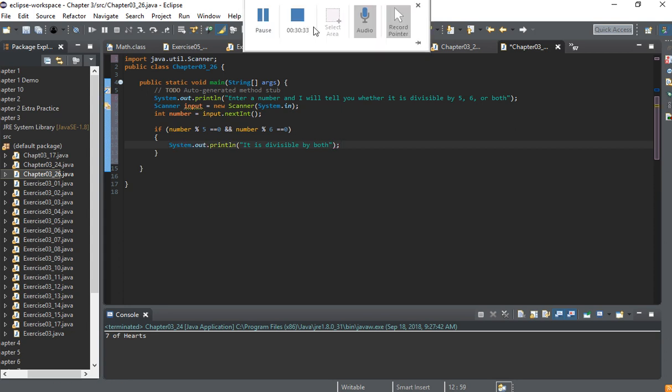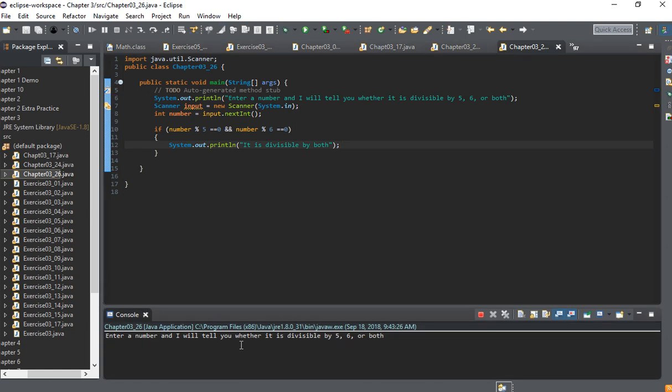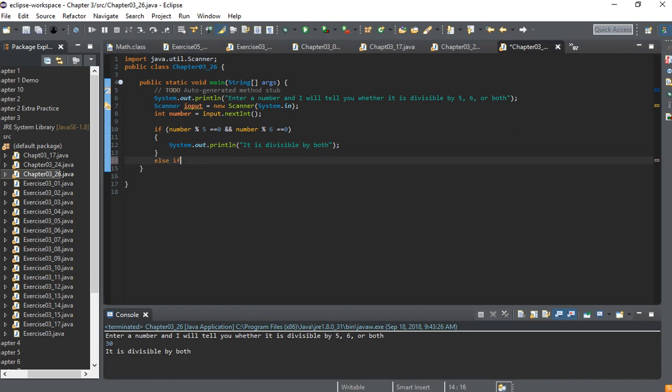Okay, so let's test that real quick. Run. Enter number. What number? 30. Divisible by both. It is divisible by both. Excellent. Okay. Else if number